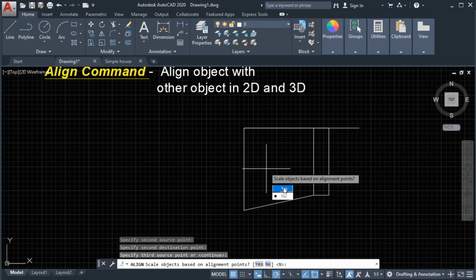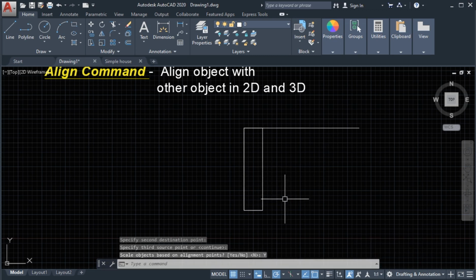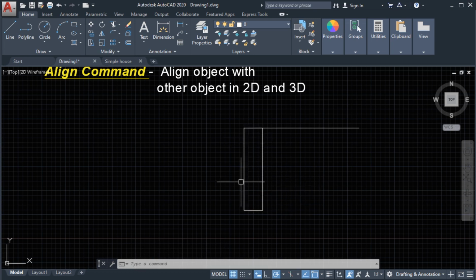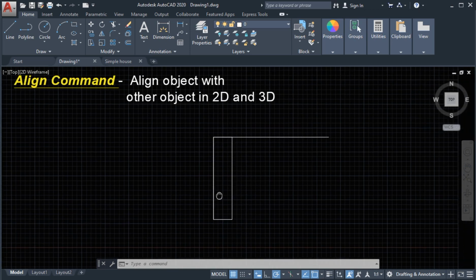So we'll select yes, and this will happen. Our object has scaled based on our 2 points, wherein we select first this one and the second point here. So our object has scaled to this size.